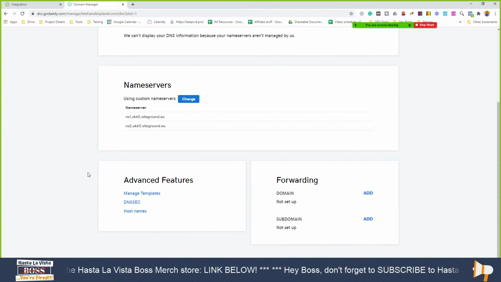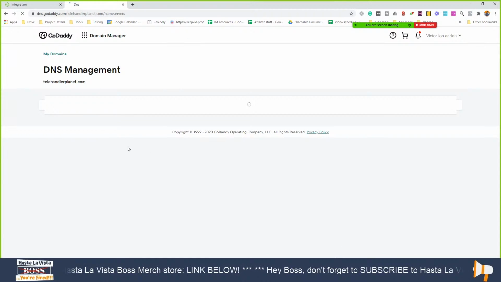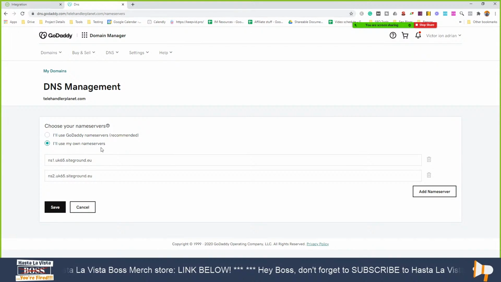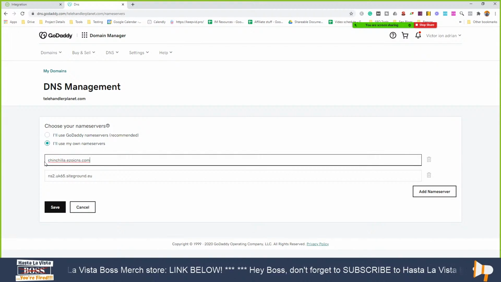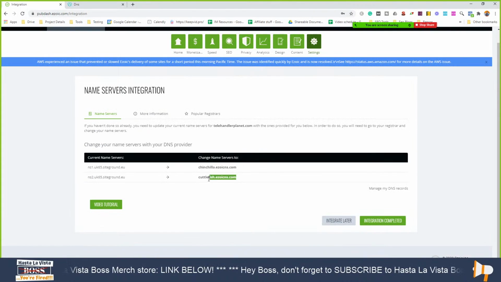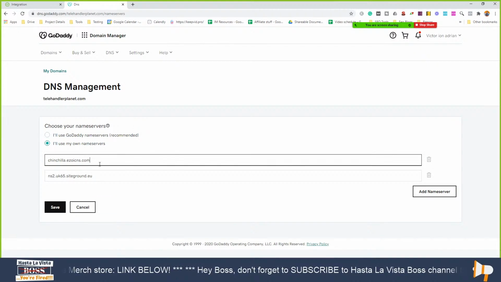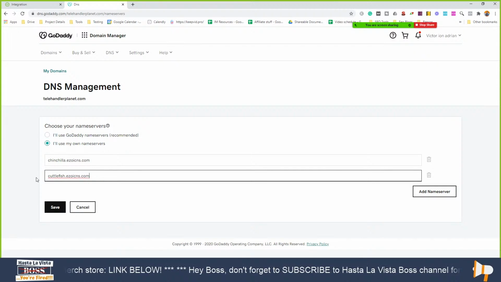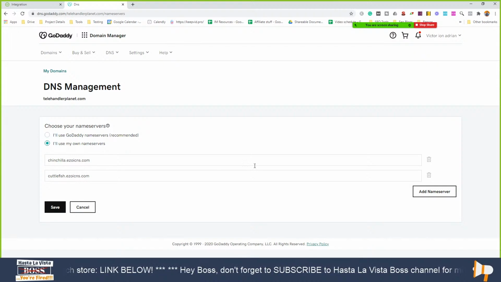Cool. Perfect. And then name servers, you're going to go ahead and click that blue button to change them. We're going to change to the ones that we have here, right? Yeah, exactly. You'll want to change name server 1 to the one. Oh, did you already do that? Yes, I put chinchilla, and number 1 it's cuttlefish. Yeah, they'll all be animal names. I don't know what chinchilla is. I know in Spanish what it's a street, but I don't know what that animal is.